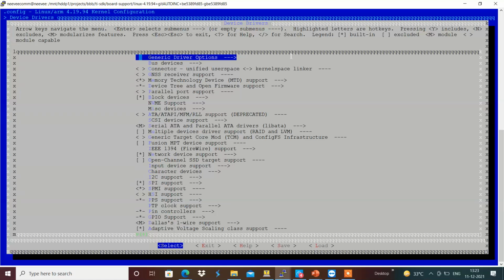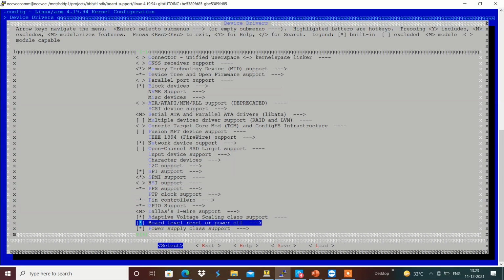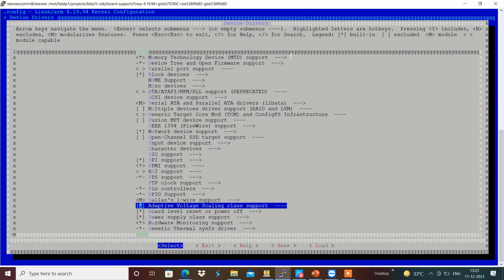For any device driver in the kernel source, we can define three options, as it is a tri-state. A star means that the driver will be added within the kernel image. If there is an M, then this driver will be created as a module, and it can be loaded at runtime.